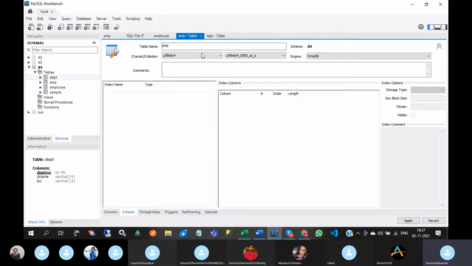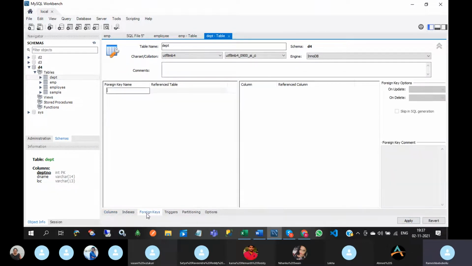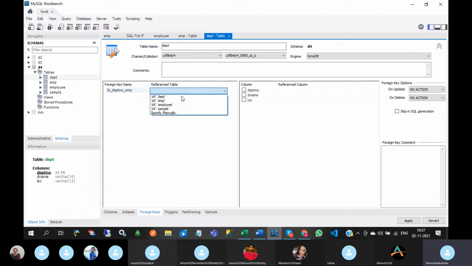Now go to this DEPT table only, and give the foreign key name DEPT number underscore EMP table. The reference table means here you need to select the EMP table.